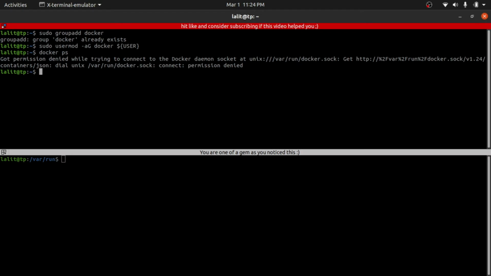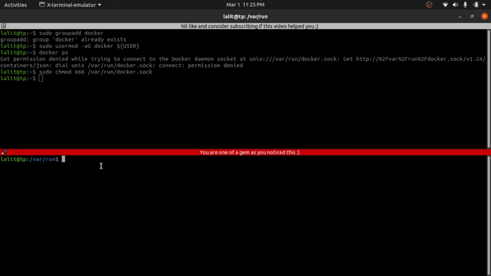Now in the final step, we have to modify the file permission of the docker.sock file which is present in /var/run. To do that, we have to type chmod, this is the file permission I'm going to set, and this is that file. I'm already using sudo and I already used my password, so that's why it didn't ask me for the password. As you can see, the command is already executed successfully.